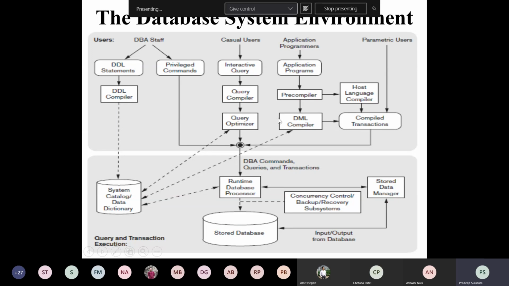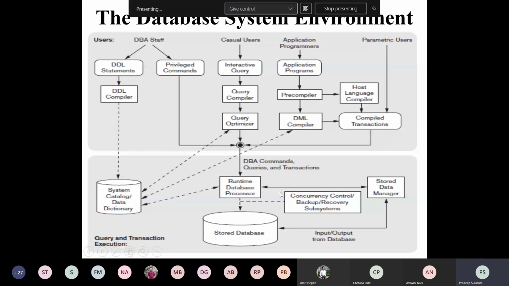You have one place where you are typing the query. Once you type the query, it's like a simple program, and once a program is written, that program has to be properly compiled to check the errors. Once the errors are not there, optimization takes place, and correspondingly execution happens.